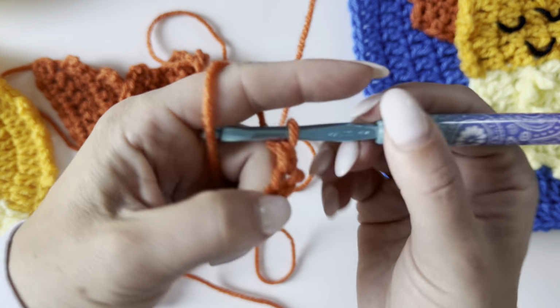I'm going to chain 1, I'm going to turn, and then I'm going to single crochet in those first 7 and leave the rest of the stitches unworked. 3, 4, 5, 6, and 7, chain 1, turn, single crochet down those 7 stitches, chain 1, turn,